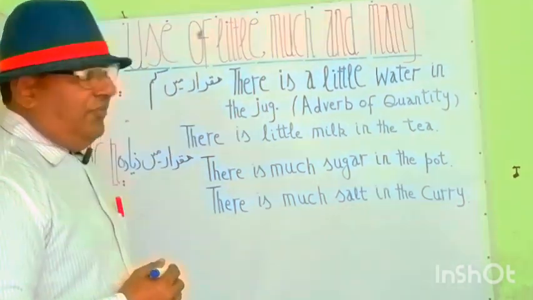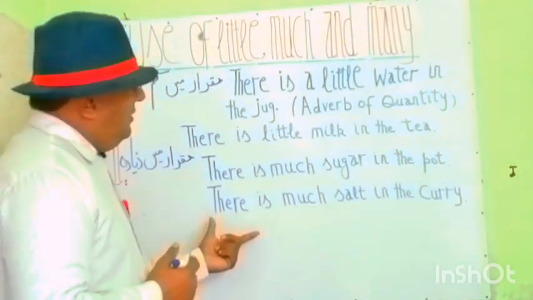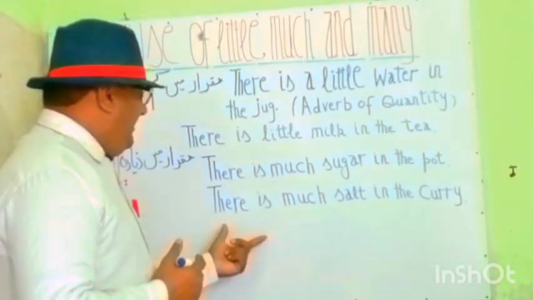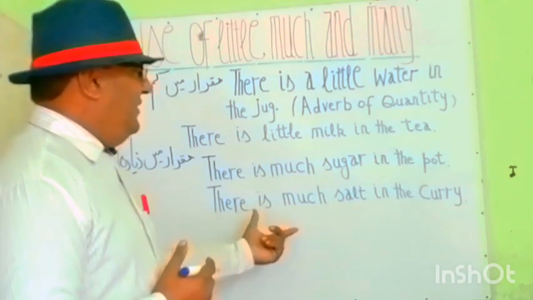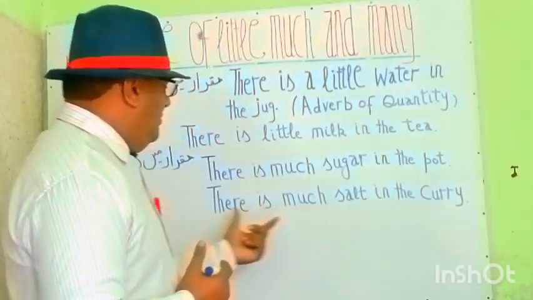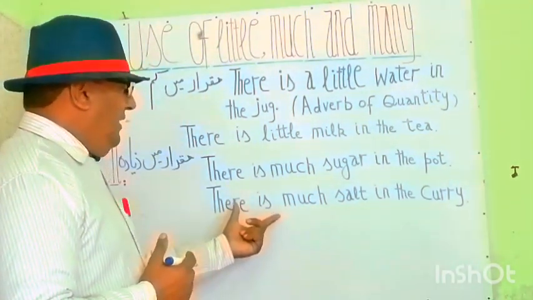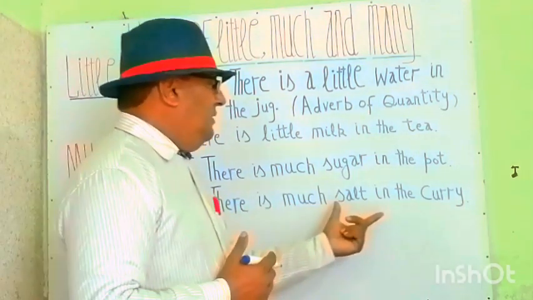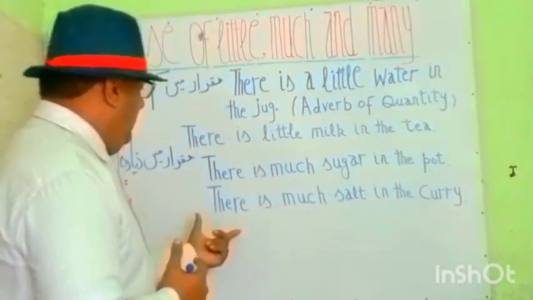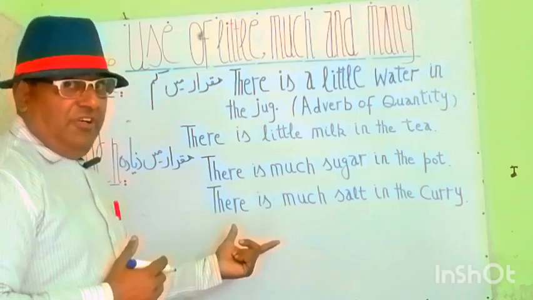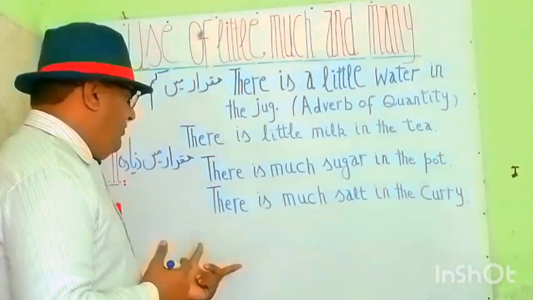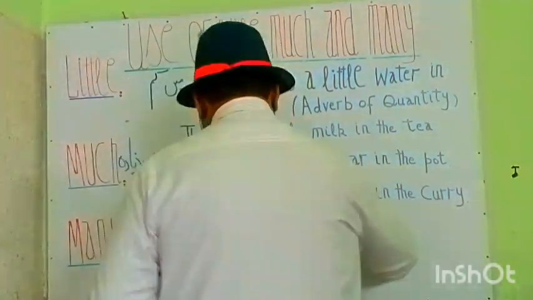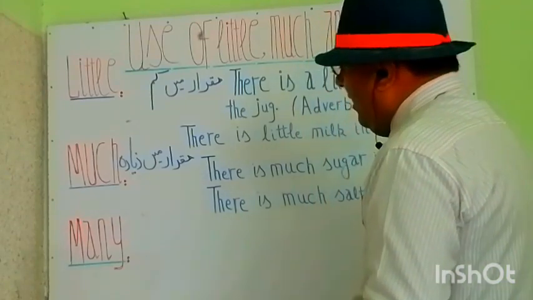So my students, you see that we have illustrated the use of much in these sentences beautifully, and we have its explanation as well. And let's proceed to the next adjective. This is